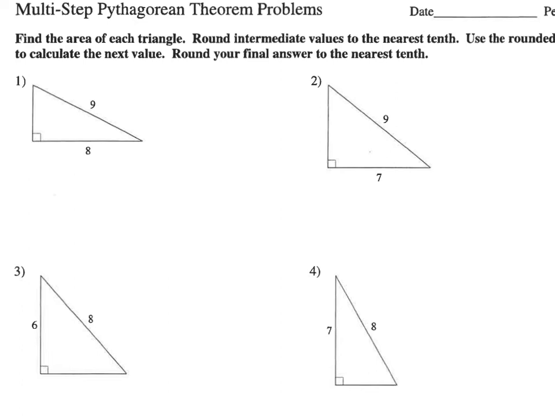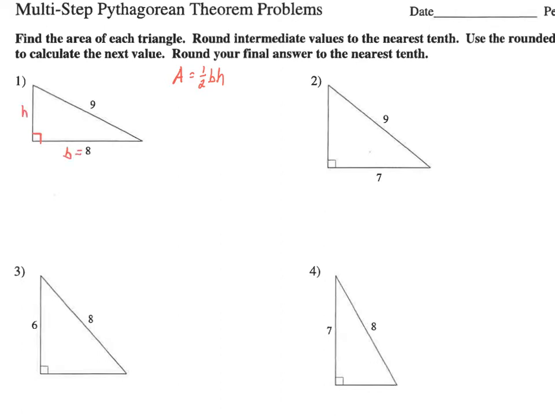So multi-step Pythagorean theorem problems. We're looking at finding the area of each triangle. And we've done something like this before, but remember the area of a triangle is equal to 1/2 of the base times the height. So we need to find the base and the height. Remember the base and the height are always perpendicular, so wherever that right angle is, there we have the base